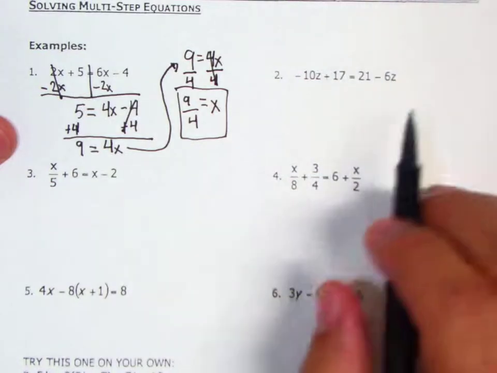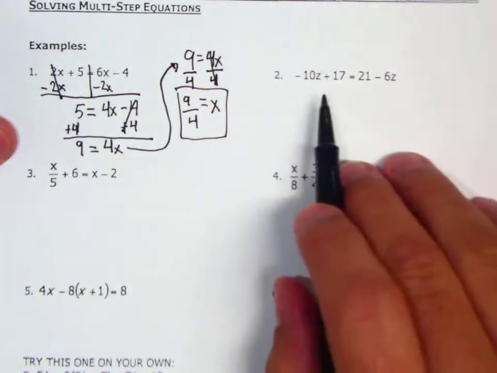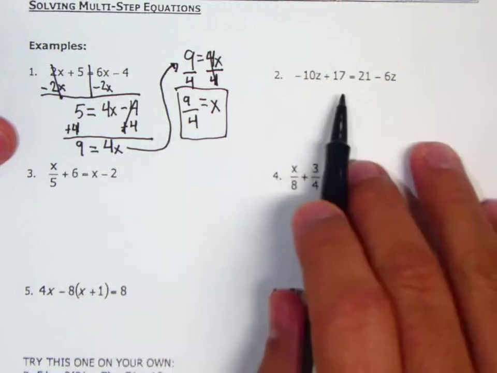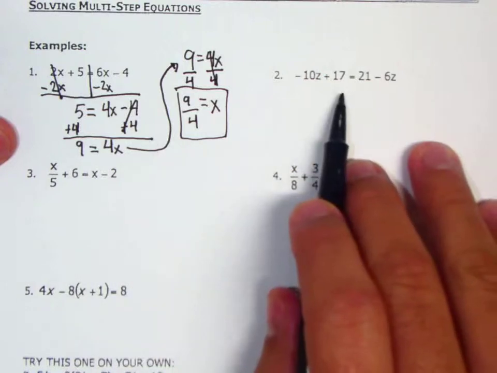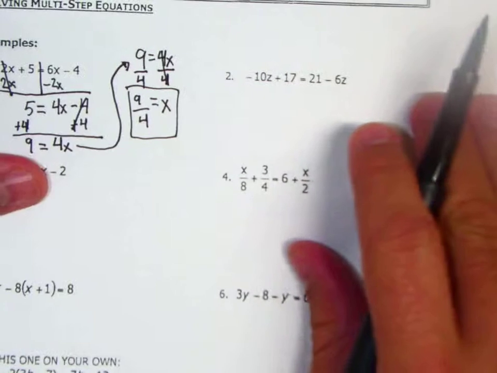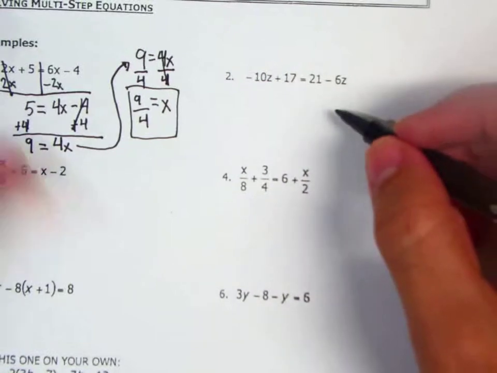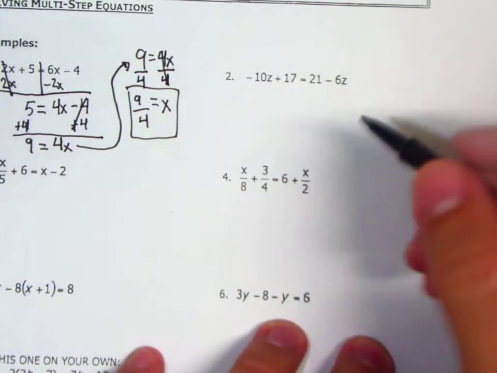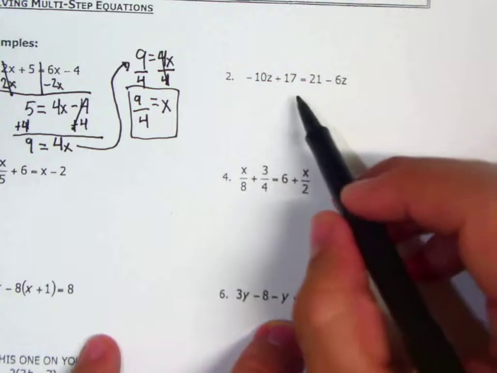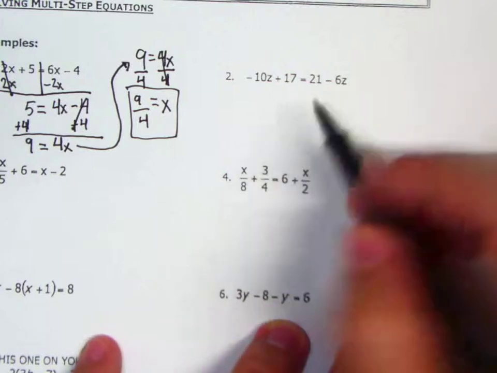Number 2 is the exact same way. So what I solved for number 1 is the exact same way that you would solve number 2. Get your x's to the same side. I didn't do this in class, but just in case you're wondering, I'm going to go ahead and do this too. Now, when looking at this, I have z's,